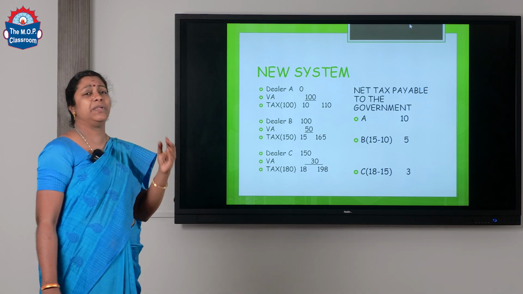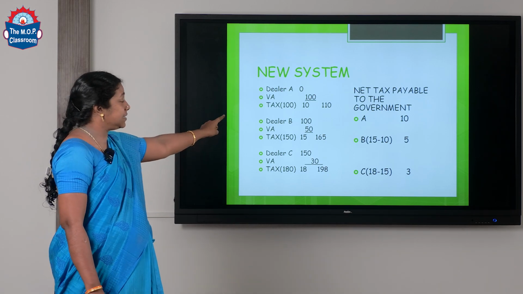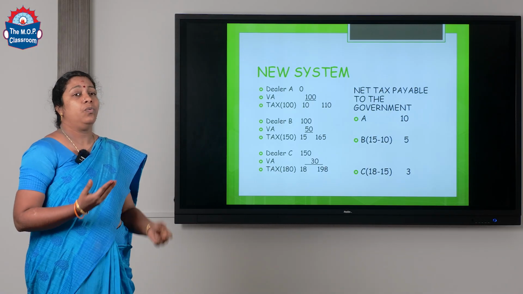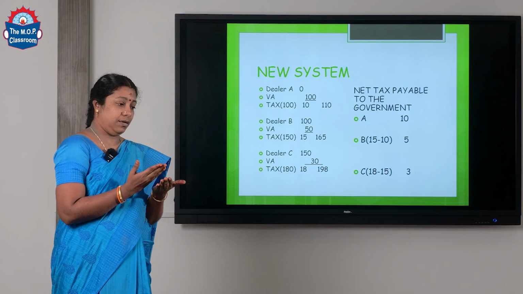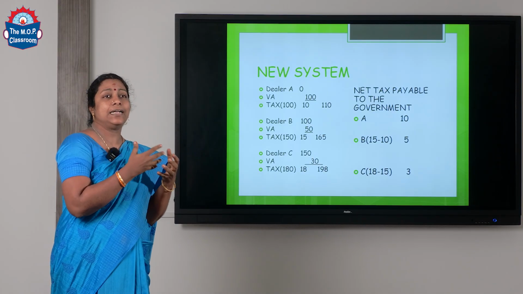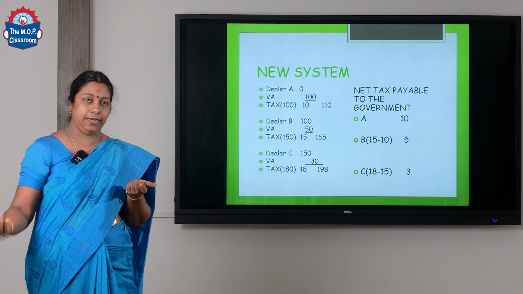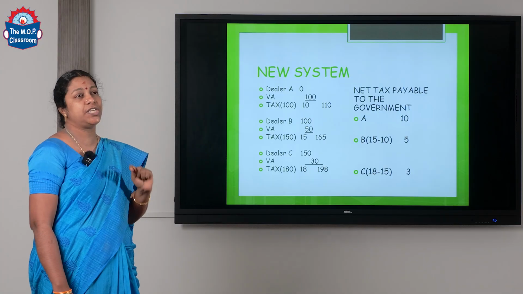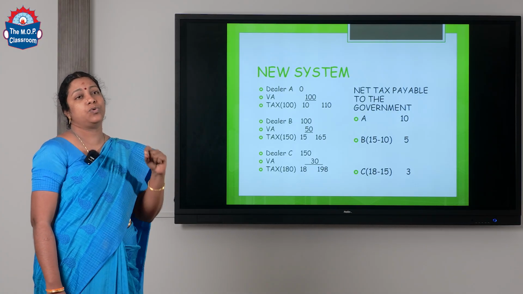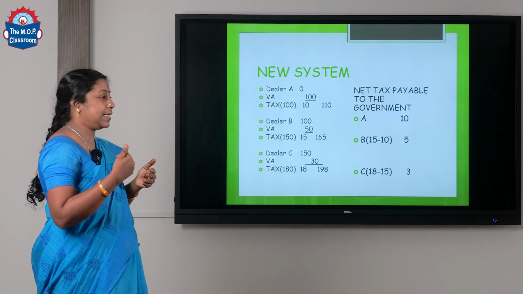So, in the new system, the same concept, some raw material is taken from the field. The tax after 10% is 110 rupees. Now, what is the thing that we discussed with respect to GST? GST is a continuous chain of tax credit. What is the meaning of a continuous chain of tax credit? That is getting the benefit of the tax that we have paid. That is called the tax credit benefit.